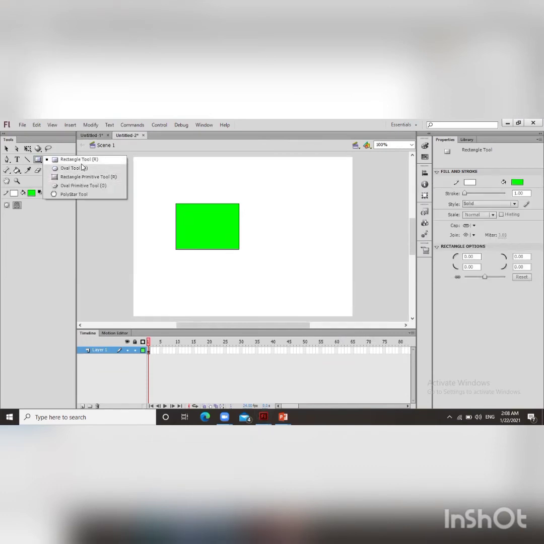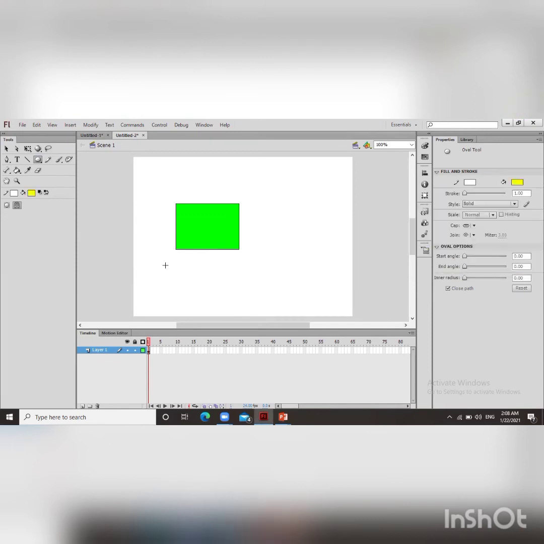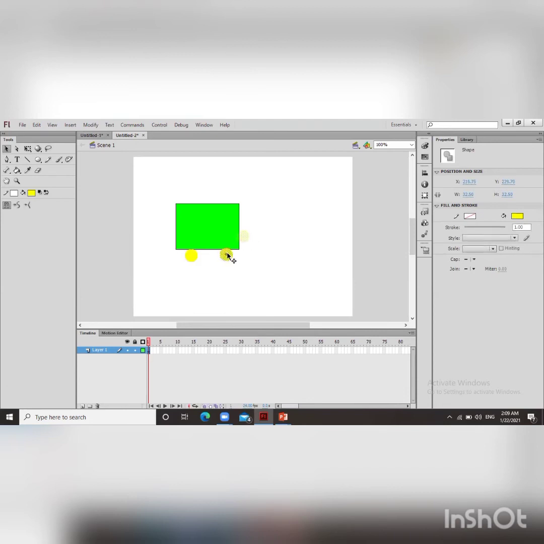I am making one drawing, and after that we will create a symbol. If you want to change the fill color, you can change it according to your requirement. And if you want to create a duplicate copy of a particular part of the object, just select it, then press Control plus C for copy and Control plus V for paste.